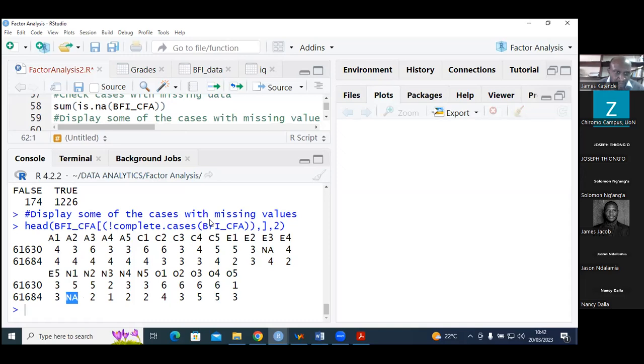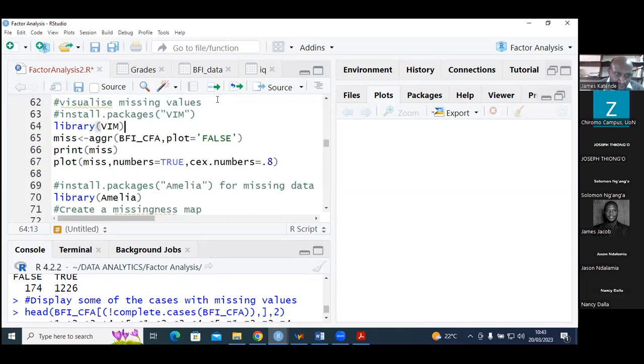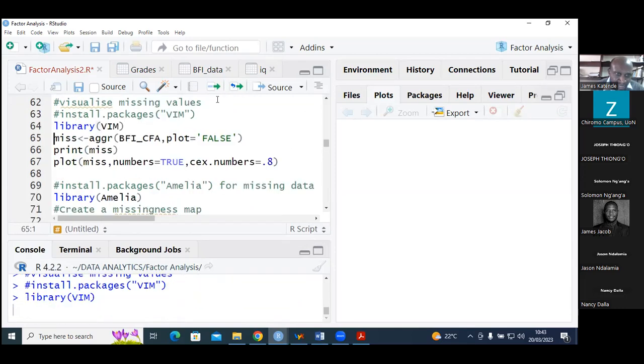So these missing values can also be visualized, but in case you don't have this package installed, you have to install it and load it, and then run this command on the portion of data for exploratory factor analysis. Then when you print it out,